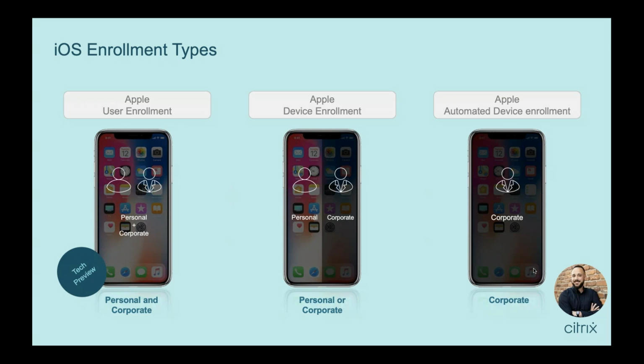Historically, when we've looked at device enrollment or even automated device enrollment in a MAM capacity, we've seen that everything is within Secure Hub, right? But this enrollment type and deployment type expands more outside of Secure Hub and more into the platform to really show you that differentiation of corporate versus personal data. And on the next slide, we'll see here